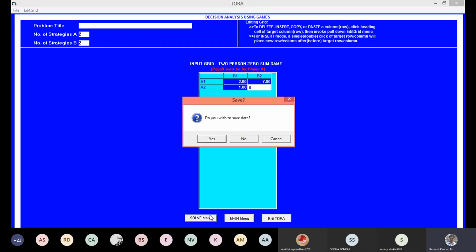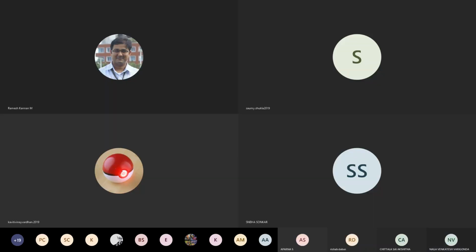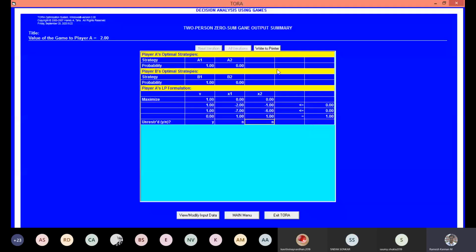Probably we can solve this. Yeah. Can you see this? It favors Q1, P1 and Q1, whereas the other strategy becomes 0, because 1 minus 1